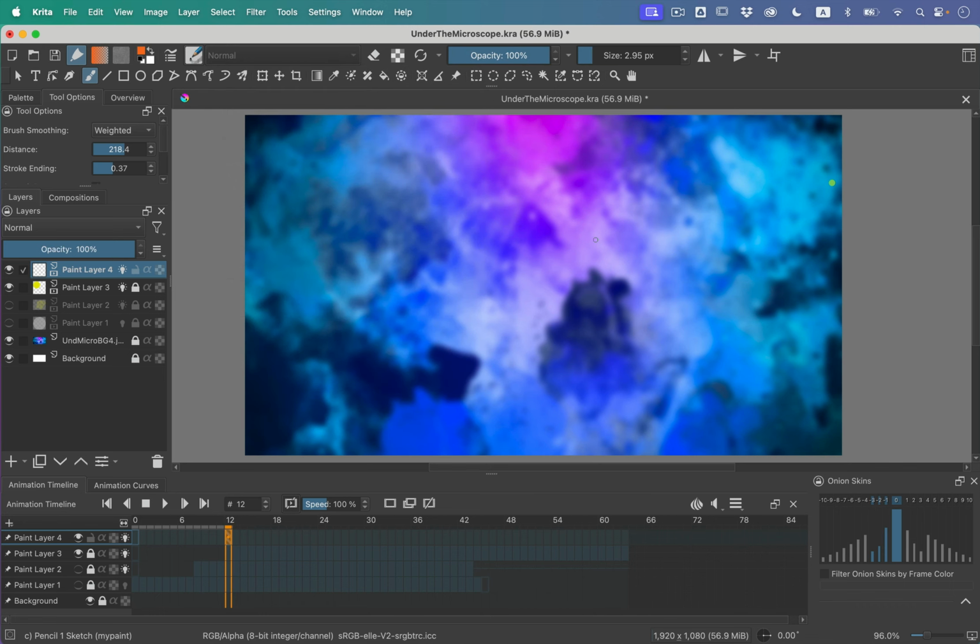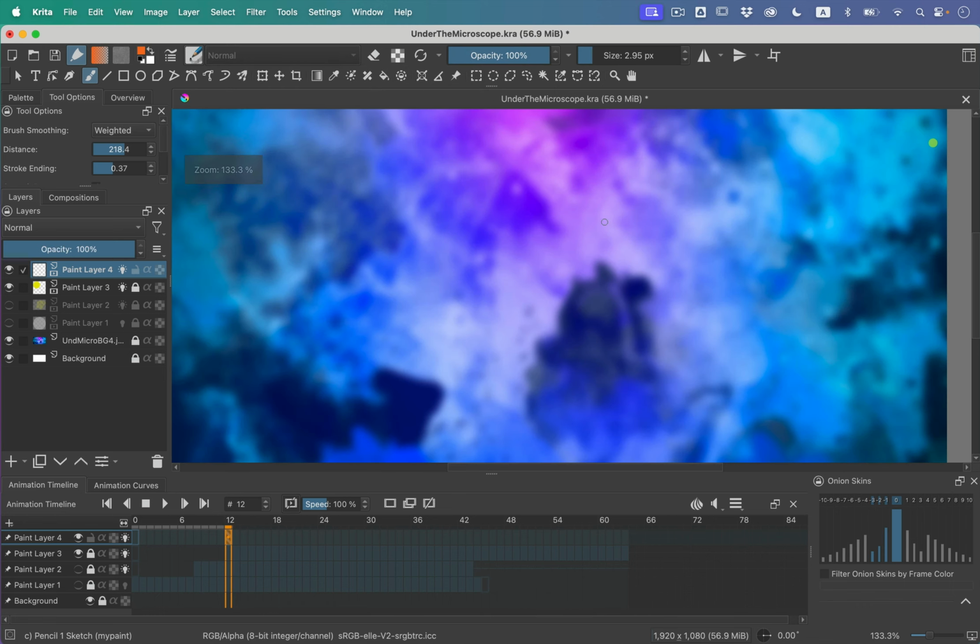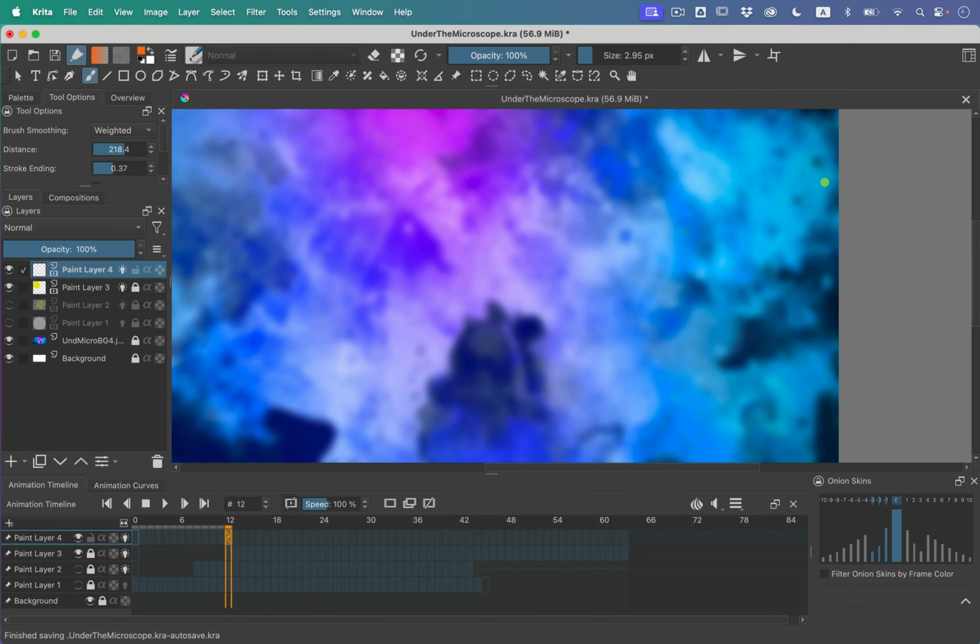We'll go with something like this. And if it helps, go ahead and zoom in. So this will be the starting point for my character. Ooh, too big. I think that looks good. So we'll draw off and get a starting